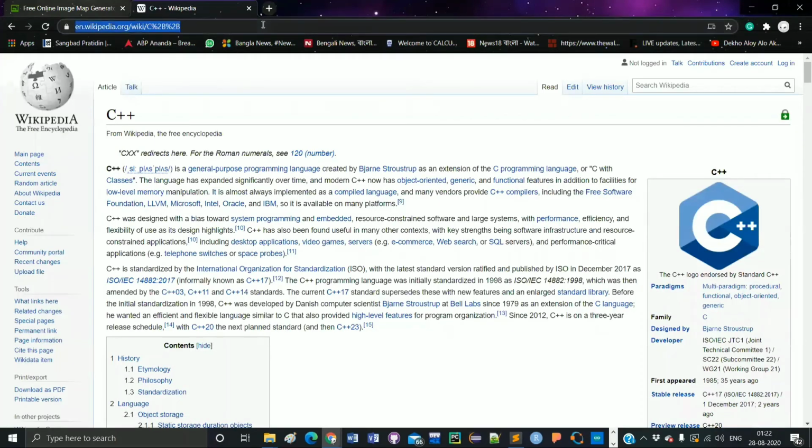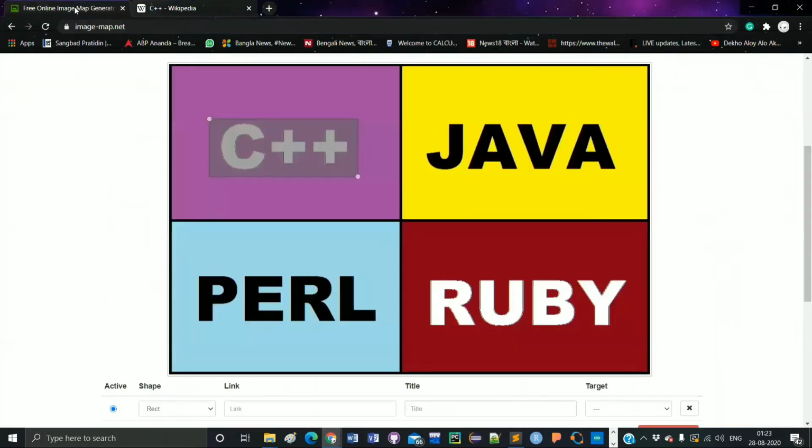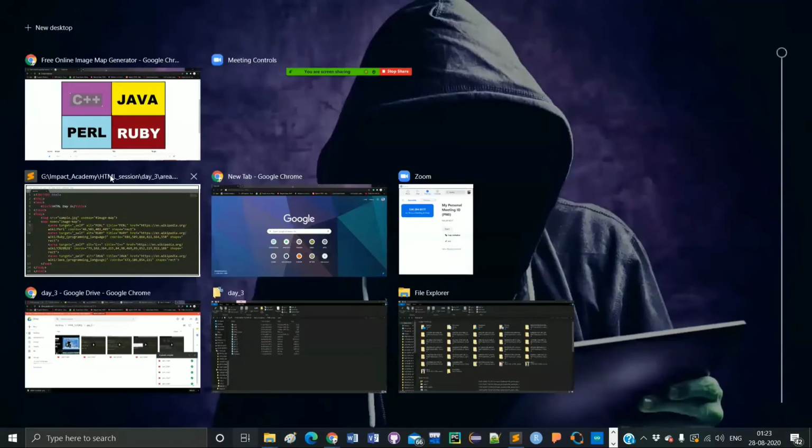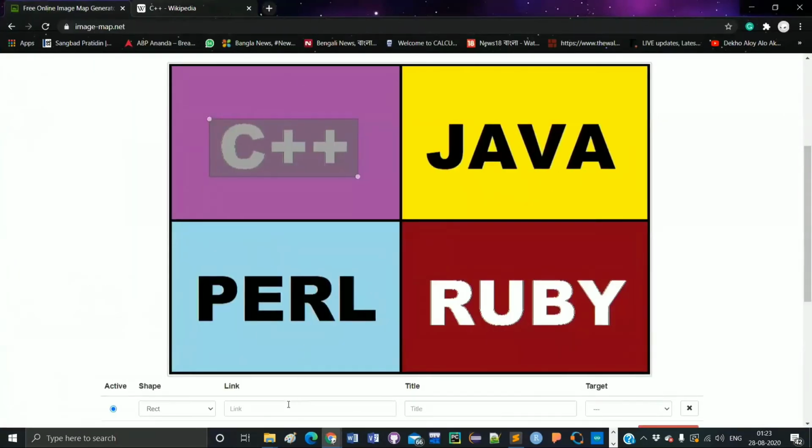I copy the URL, and inside this link attribute, I set the link attribute value as the URL of C++. So when you click on this C++ rectangular region, it actually loads the C++ Wikipedia web page. I think you guys understood it.